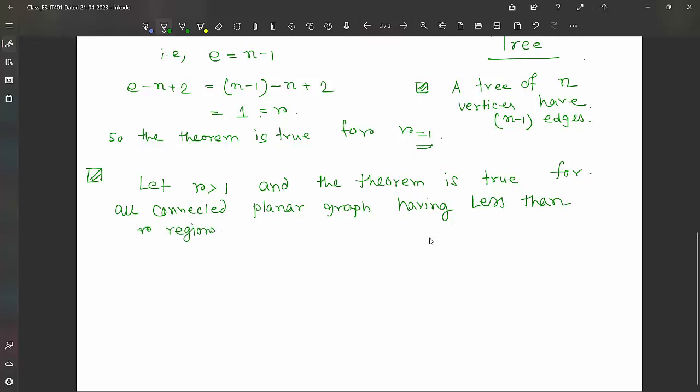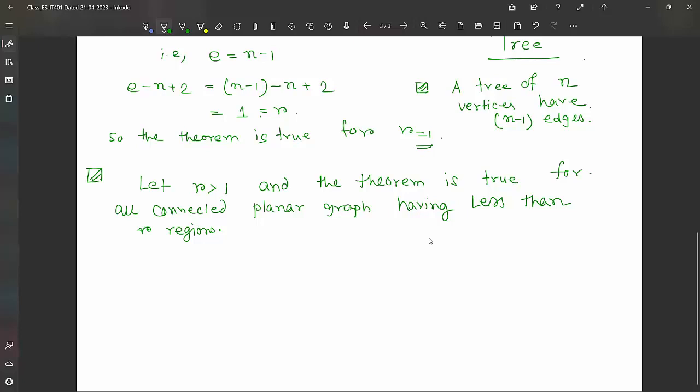Now read it carefully. We take R greater than 1. That means R is not 1, R value is greater than 1. My number of regions is more than 1. And also by the induction method, we take that the theorem is true for all connected planar graphs having less